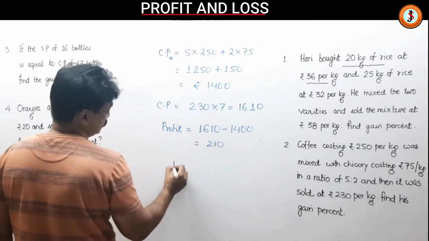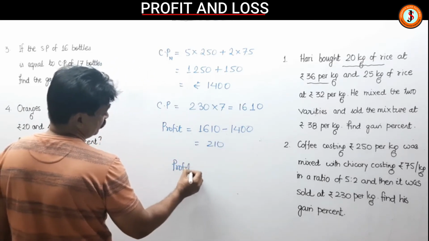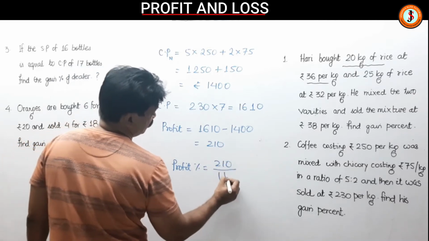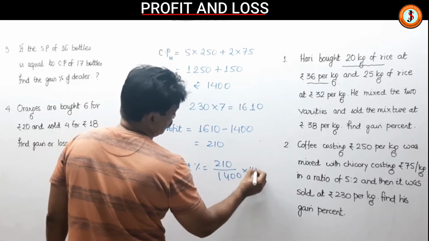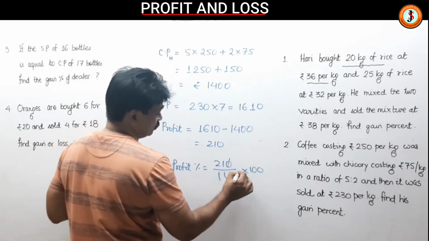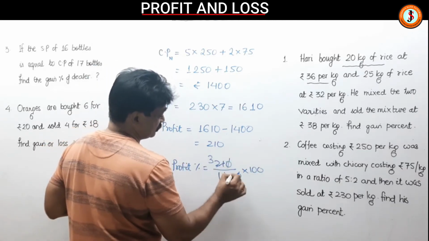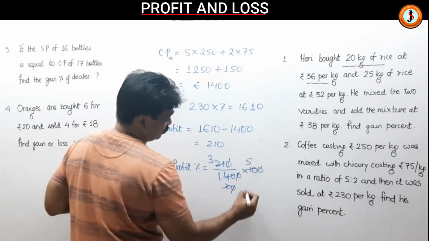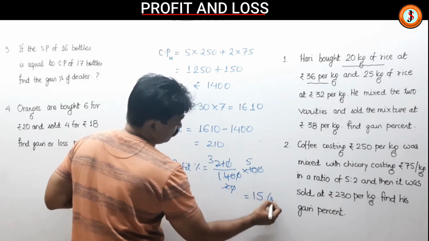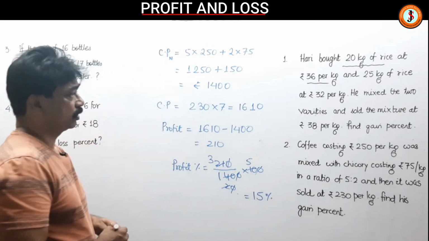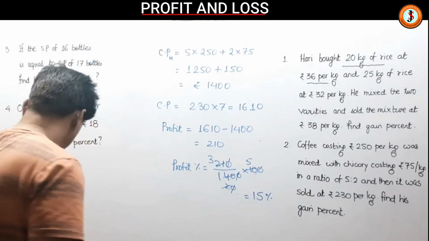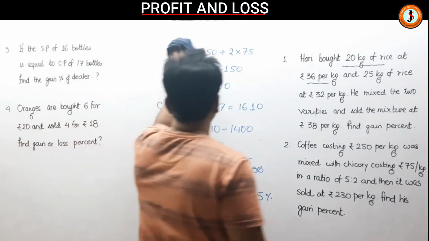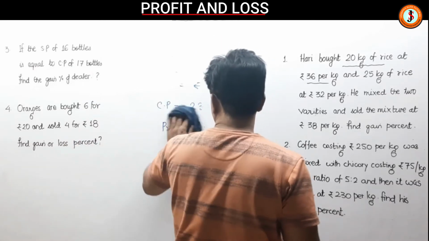Now profit percent is easy, children. Profit percent will be profit by CP into 100. Now the 0 goes out, then this is 7 3s and 7 2s are 20. Now this 0 goes and this is 2 5s. So that means his profit is 15%. So pause and see how I've done. Now we move to the next question. That is the third question. Let us see.